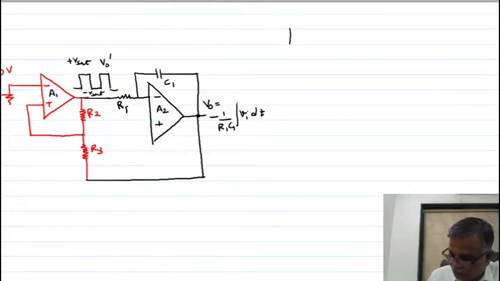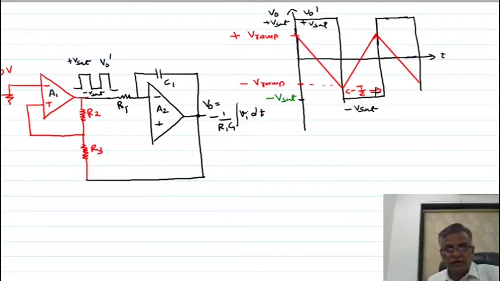Listen, now I am showing you the waveform. The circuit diagram of a triangle wave generator with fewer components is shown in this figure. In this figure, A1 is a two-level voltage comparator which produces the square wave output, and this square wave output is given to the negative terminal of the integrator circuit A2. The output of A2 is a triangle waveform, and this triangle waveform is fed back to A1 through the potential divider network of resistances R2 and R3.